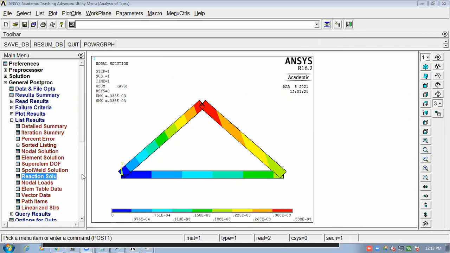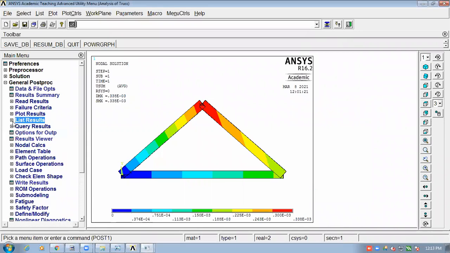Okay, so see here, all of you. This is the reaction which we have got. That means your summation is tending to 0, so we are getting a correct answer, provided that you have correctly entered the data. You have correctly entered the data, right? So this is all about the reactions, right?